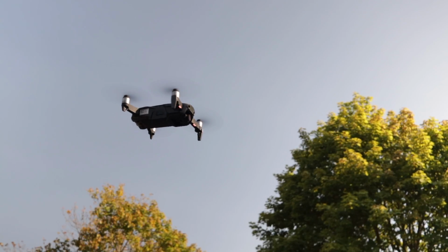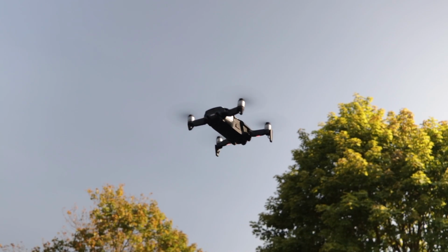It seems because they're spinning with such high RPMs that they're generating a high-pitched sound that annoys the surroundings. I've been in situations where people approached me and complained about the drone being noisy. This is something I never experienced before with some of my other DJI products. This is something that you really need to be aware of, because this can cause some unwanted negative reactions from